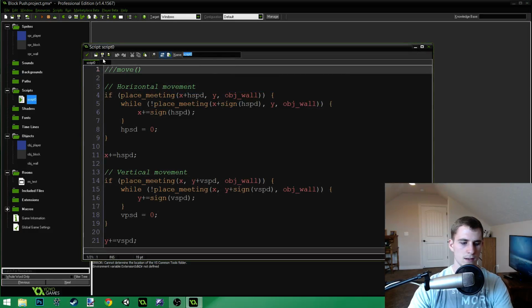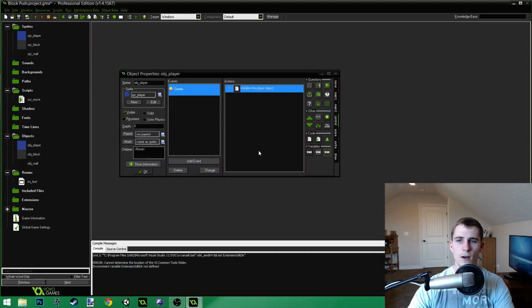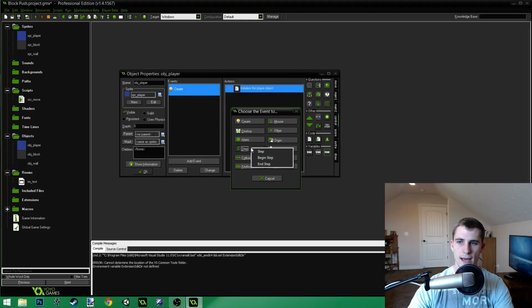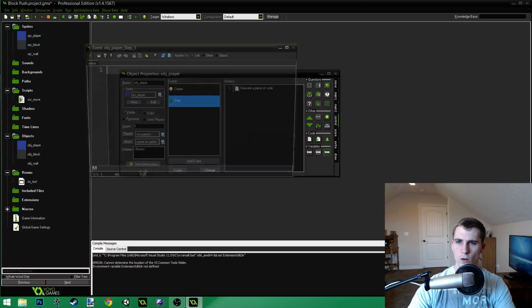Did I not name it? Phone's buzzing. Move. There we go. Now it's named. Well, we'll call it script move, SCR move. Okay. Now we need to add a step event to our player object, and we're going to